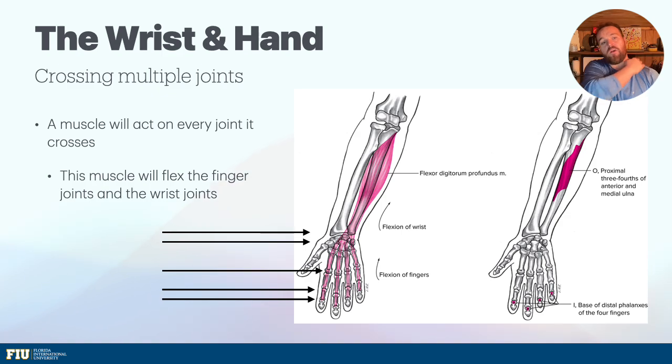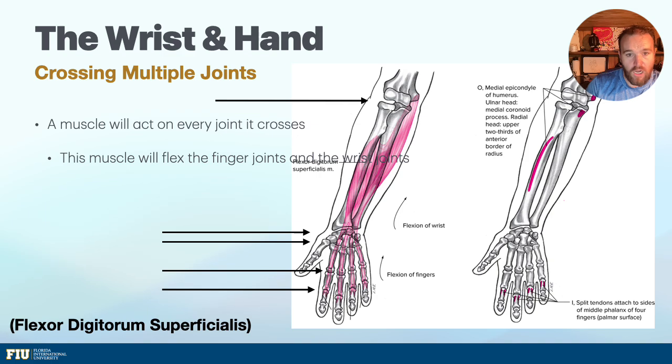As we were just talking about crossing multiple joints, it's going to act on every one of those joints that it actually crosses. So we just kind of talked about this, but it'll flex all those different joints within the hand as well as flexing the wrist. When we take a look here, my apologies for a little bit of extra text on the screen right here,